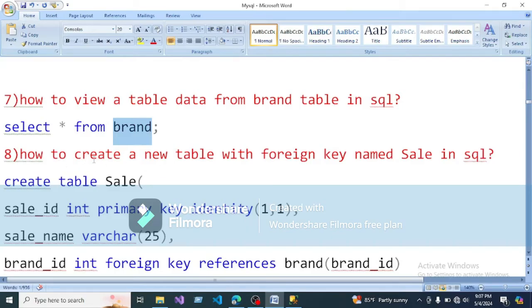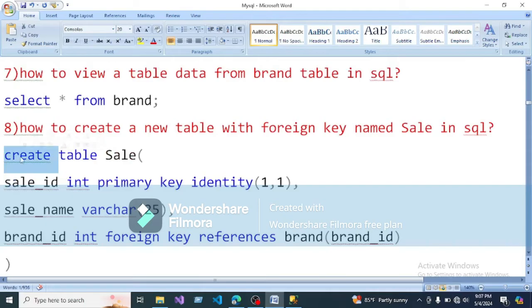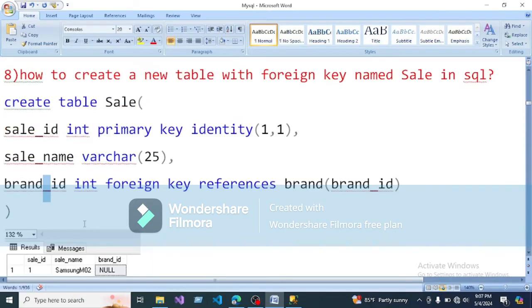Number 8, how to create a new table with foreign key. Okay, my table name is cell. Create table, declare a table name. My table name is cell, and the properties of the cell table: cell ID, cell name, and brand ID. Look at here, brand ID is integer, and that is foreign key, and references the table name where it will be inherited. Okay,